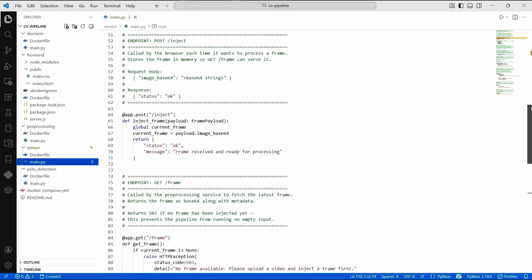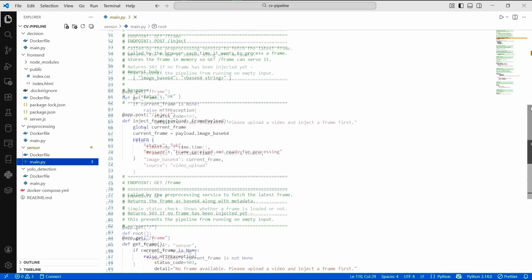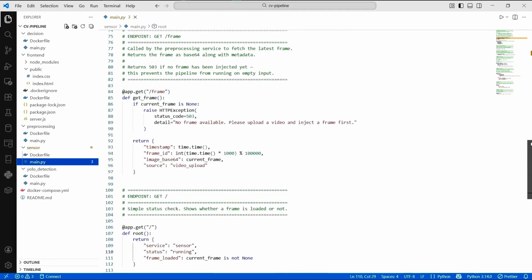The inject endpoint. The browser calls this with a base64 JPEG frame. We store it in the current frame. That's the entire function. The frame endpoint. This is what the preprocessing service calls.